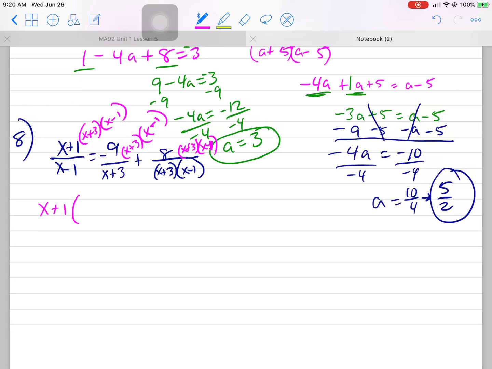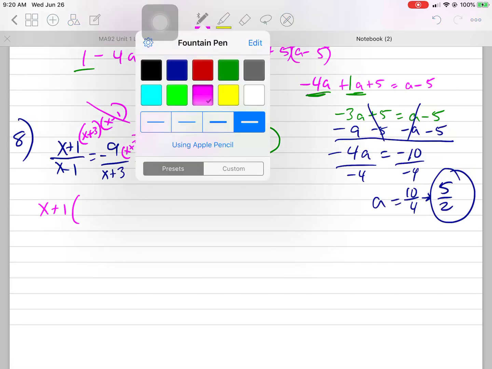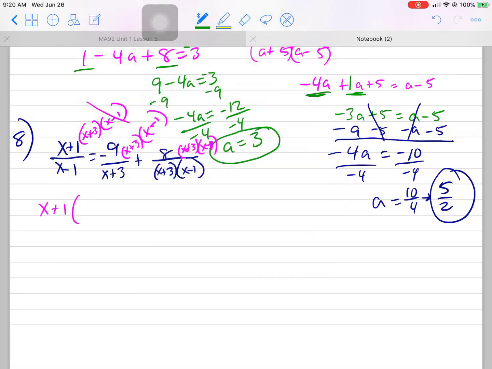All right, so that means then the negative 1 gets crossed out, so you're left with (x plus 1)(x plus 3) equals, cross out these, negative 9 times that, plus, all that gets crossed out, plus 8, okay? Then this needs to be put together. So this is